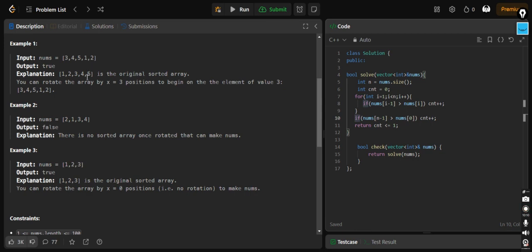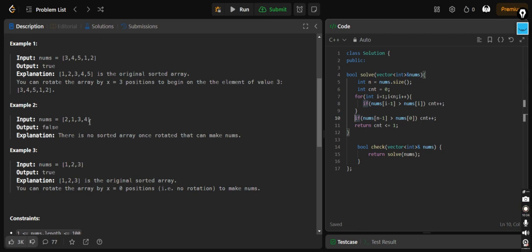We check that if nums[i minus 1], that is the previous element, whatever the index may be, n minus 1 being the last index, is greater than the first, we'll check, because we have to check if it is rotated or not.